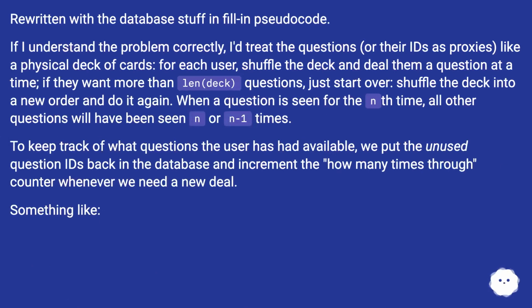Rewritten with the database stuff and fill in pseudocode. If I understand the problem correctly, I'd treat the questions or their IDs as proxies, like a physical deck of cards. For each user, shuffle the deck and deal them a question at a time. If they want more than len(deck) questions, just start over, shuffle the deck into a new order and do it again. When a question is seen for the nth time, all other questions will have been seen n or n+1 times. To keep track of what questions the user has had available, we put the unused question IDs back in the database and increment a counter for how many times through whenever we need a new deal. Something like